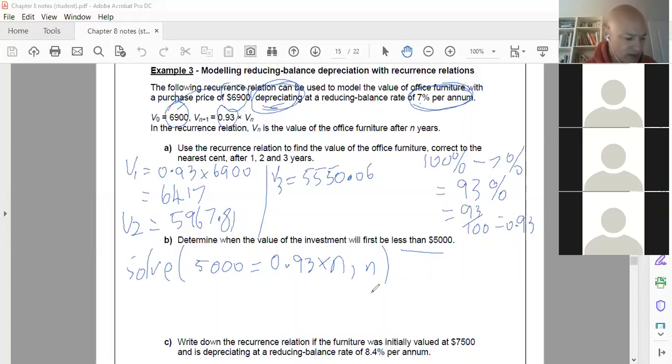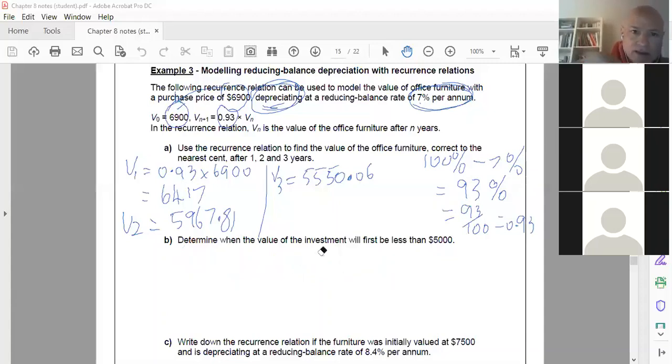So when you do it, you end up getting, oh no, that's not going to work. No, that's not going to work. No, I take that back. I'm going to do it the old way. Just going to do it the old way. We're just going to keep pressing enter on our calculator. So we have